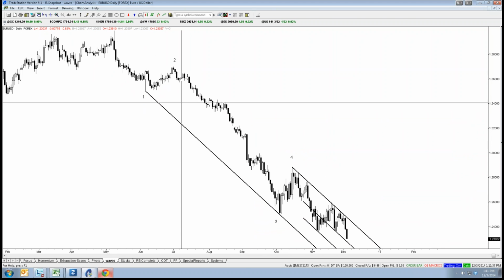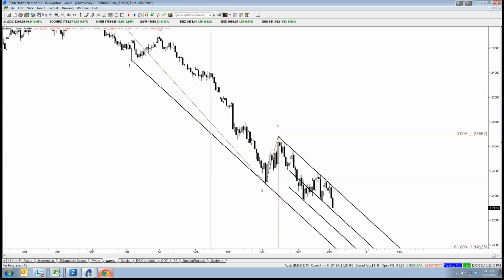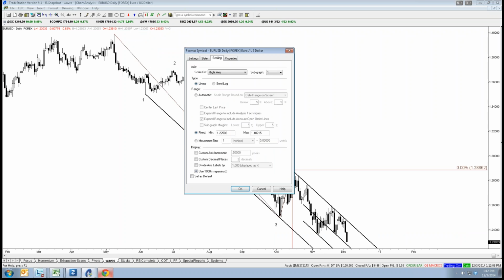Another common relationship is for wave 5 in progress from this level to equal 61.8% of waves 1 through 3. So what we're going to do is take waves 1 through 3 and extend a 61.8, and that gets us 1965. That's a big move lower from here. Okay,